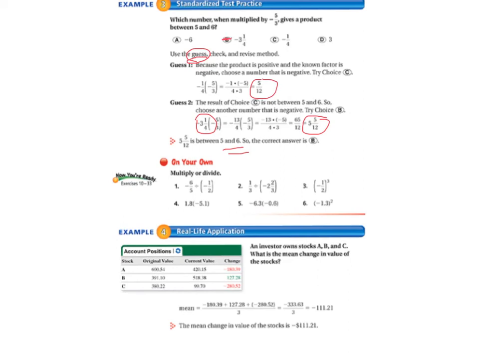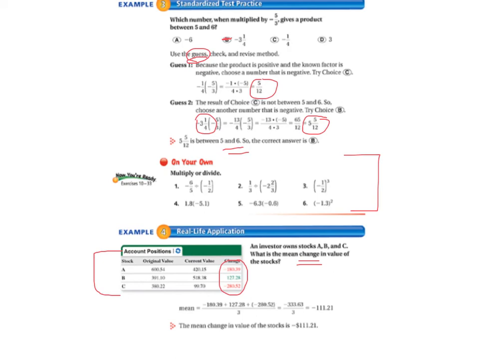And example 4, I'm going to skip the On Your Owns for the moment. Example 4 says, real life application, an investor owns stocks A, B, and C, over to the right in the table. What is the mean change in value of the stocks? So remember that when you find the mean, you add everything up and you divide by the number of addends, so the number of things that you added. So it has us adding up the changes, because we're looking at the mean change, and so we add up